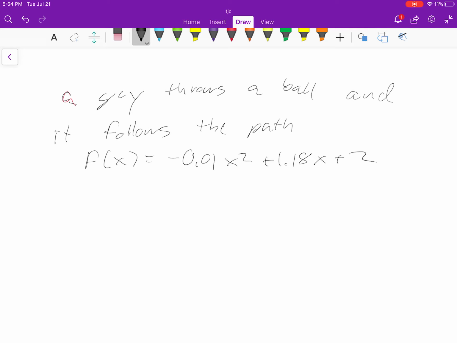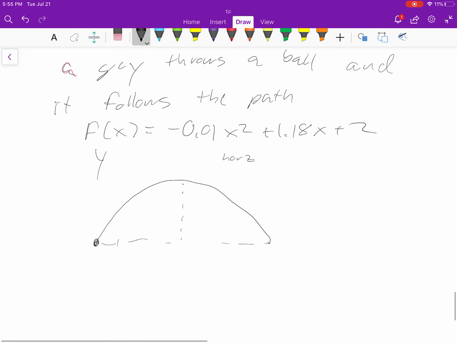So here's your height. This is your y, and x is your horizontal distance from the point. So he's here, and he's going to throw it. It's going to travel like this. Here's your x, your horizontal, so it's going this way is your x, and your f of x is your height. It does this path because of gravity. You have some initial velocity. I get into the physics of it, but basically you have this equation,